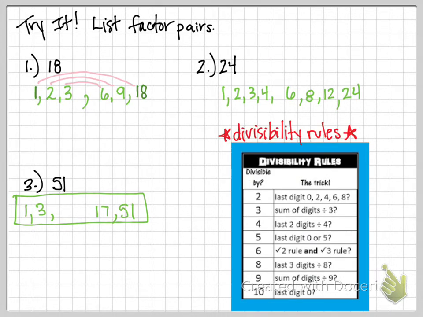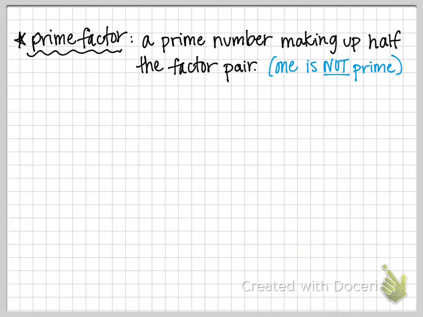Oh, no. A prime number is only divisible by 1 and itself. Okay? So when we talk about prime factorization, we are always looking for prime numbers that make up the